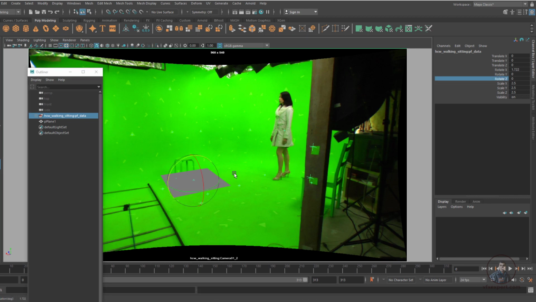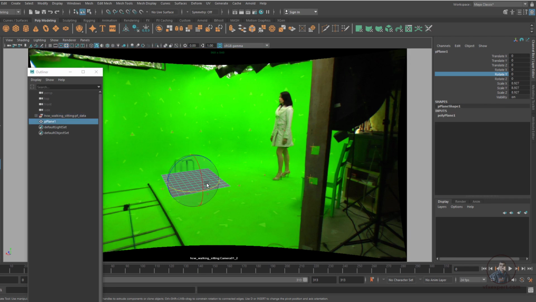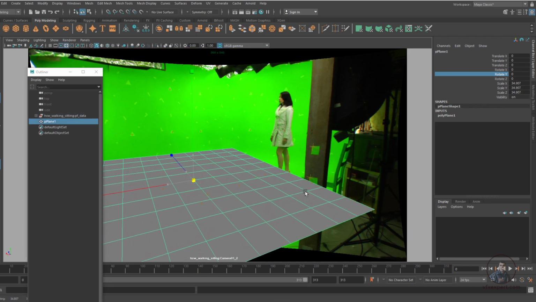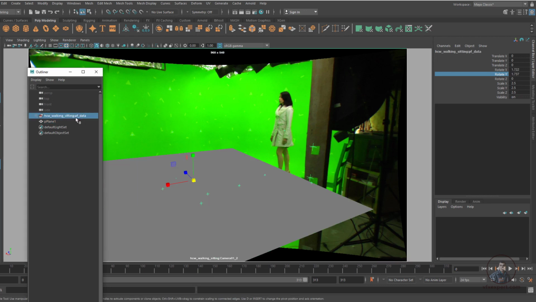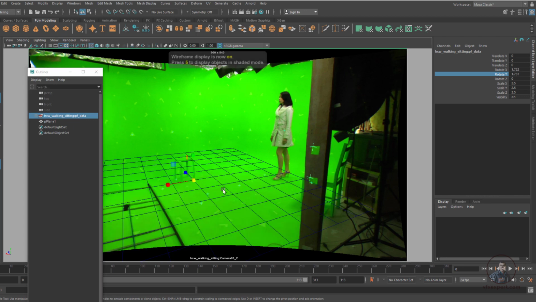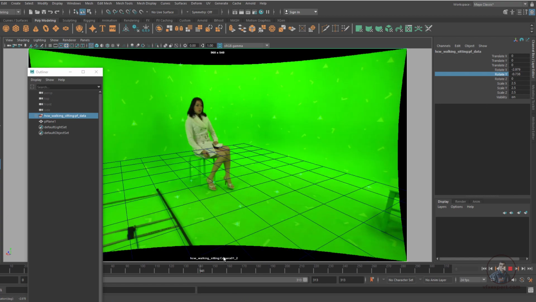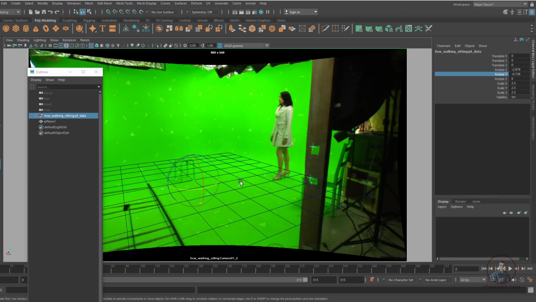So maybe a little bit, maybe the Z value, Ctrl Z, this Y value, all these things. Then scale this plane a little bit. I have selected this one. Remember, while you are orienting your scene, do not rotate your plane. Only rotate or orient your scene. Okay, this is important. Now just press 4 here. Like this you can orient and match this scene orientation according to this scene. Select the scene group, take the rotate tool, and match it. Like this, you can orient your scene in Maya.